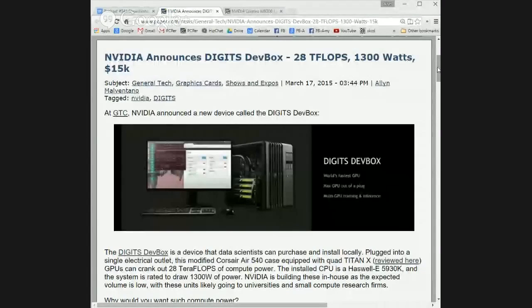Alan, you wrote up a little thing about the Digits DevBox, and even though Digits doesn't make much sense when you talk about what it means, it still kind of sounds good. They tried to make it an acronym for something, and the letters don't match up with the words. It's just like they said, we'll just call it Digits. To heck with it. So yeah, there is a thing called the Digits DevBox, which is basically a Corsair Air